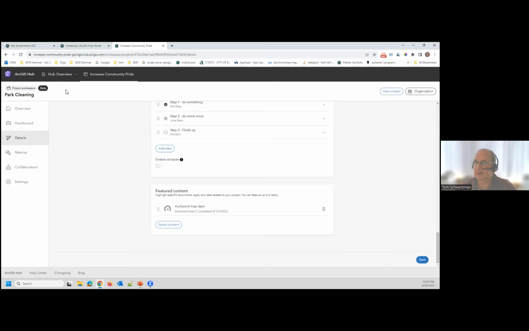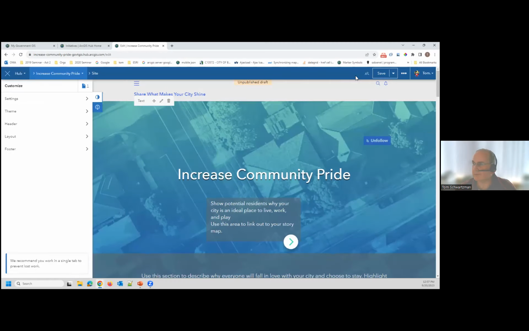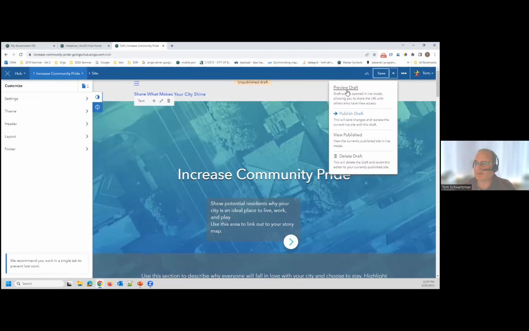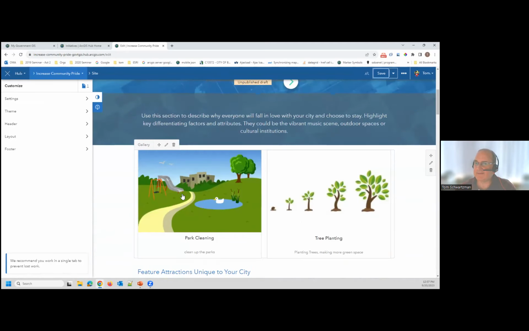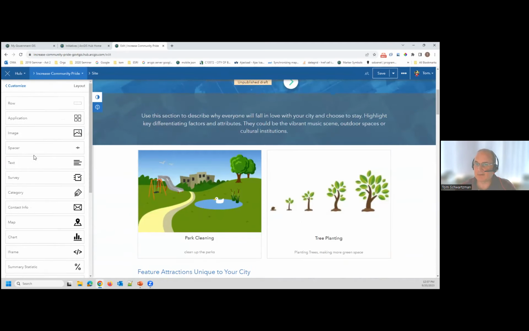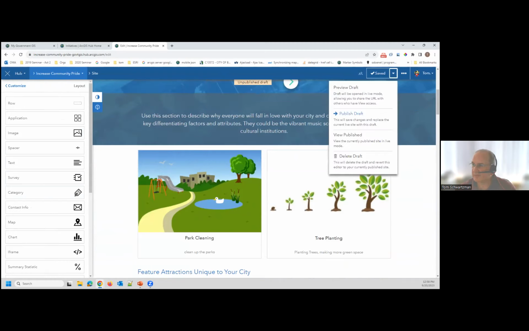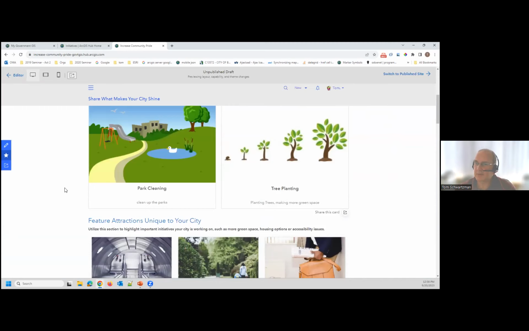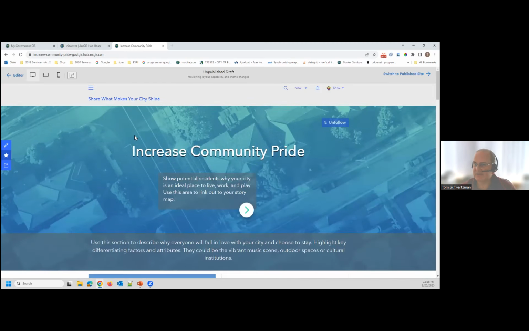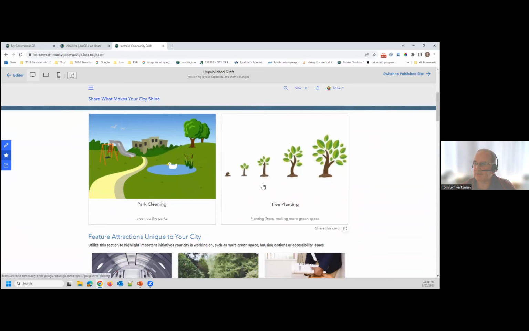So let's go back to our site. I'm going to save our changes here, and then I'm going to look at the preview of this, because what I did was I added that project in using layout and using a gallery card or gallery widget to show my 2 projects here. So let's preview this site. Oops, I'm going to save again, doesn't really matter. We'll go into preview mode, and this is what they show. I haven't made a lot of changes to this, obviously, but here are my 2 projects.